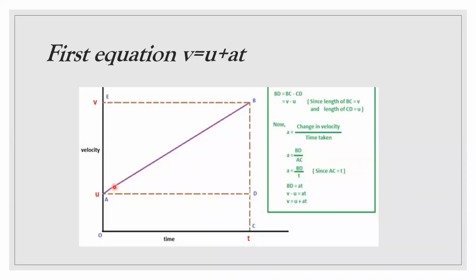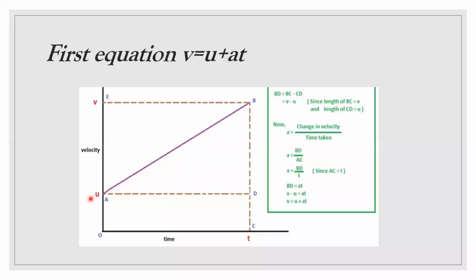So the velocity time graph will incline towards the time axis, with an initial velocity u. All of us know how to calculate the acceleration from a velocity time graph. We have to calculate the slope of the velocity time graph, and that slope ultimately gives us the acceleration. So what will be the acceleration? Acceleration will be change in velocity divided by time taken.